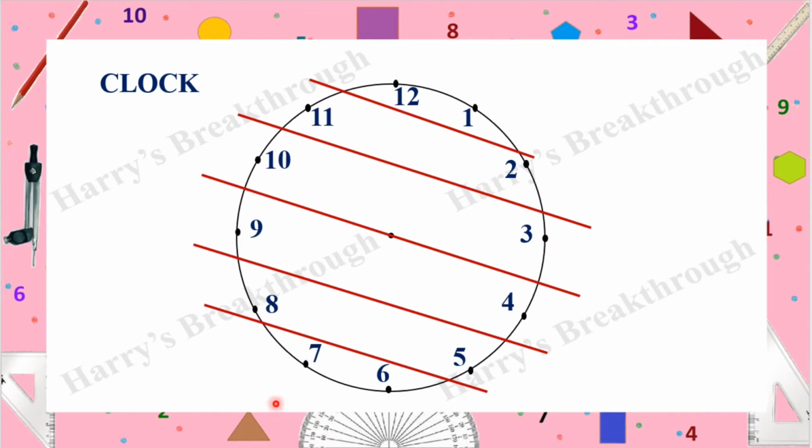Next relation. If we take 7 and 6 as 76 and if we add 9 to 76, we will get 85. And if we add 9 to 85, we will get 94. And if we add 9 to 94, we will get 103. And if we add 9 to 103, we will get 112. And if we add 9 to 112, we will get 121. Like this, you can make many other relations.